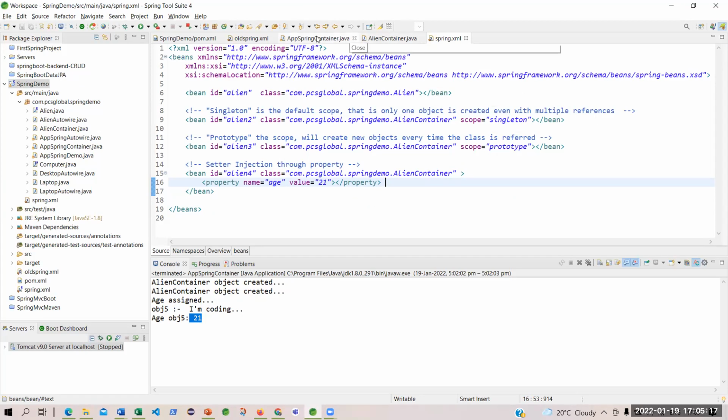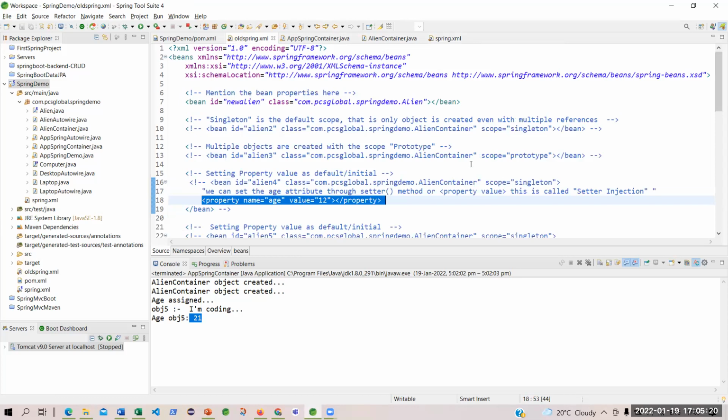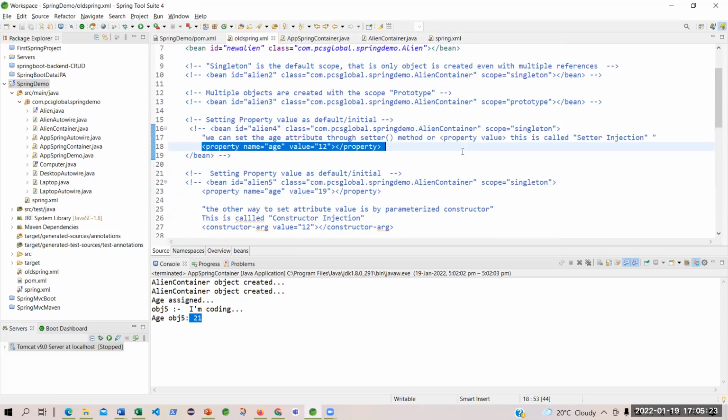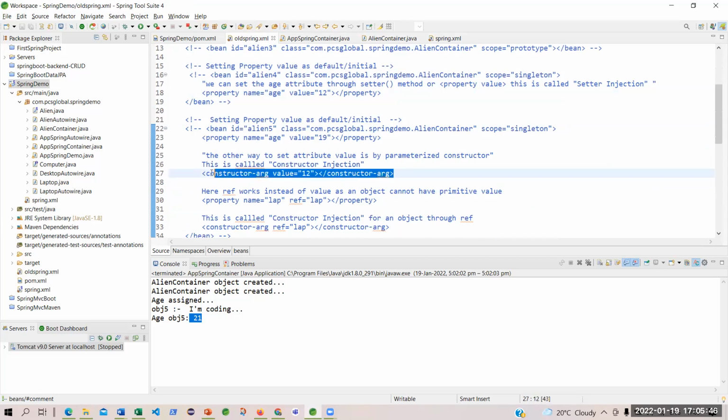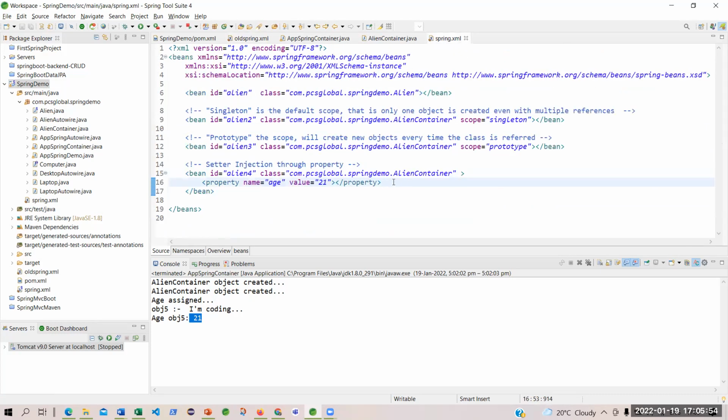So basically what you do, whenever you are trying to do this, you have to pass that in the constructor as an argument. And then you mention what the value is. So let me just copy this one and put it over here.